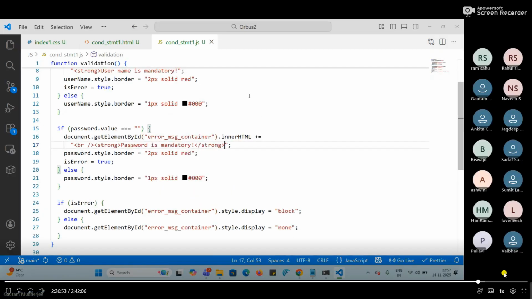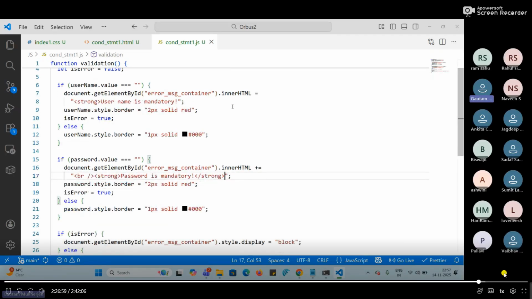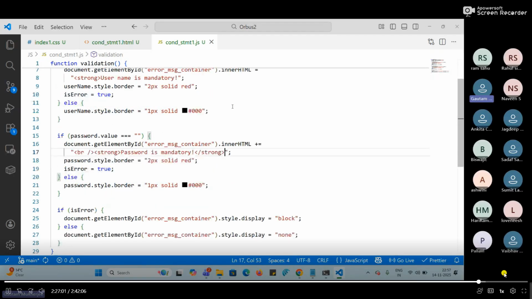So there are some VS Code extensions which tell us that, okay, this tag is not closed. We will see those extensions, or you may search for them, right? So sometimes this happens. Anyway,